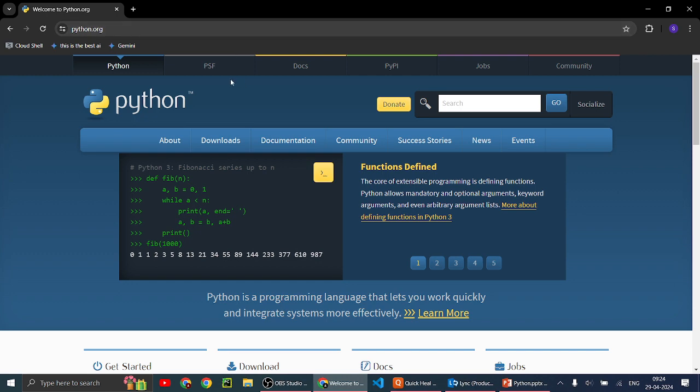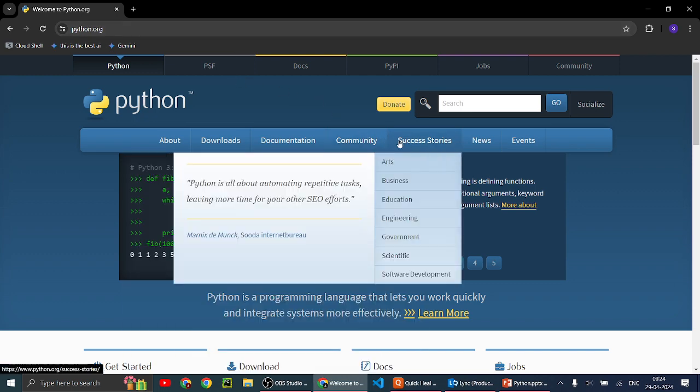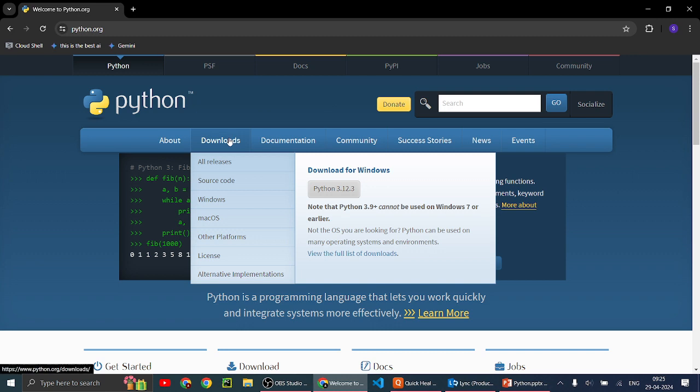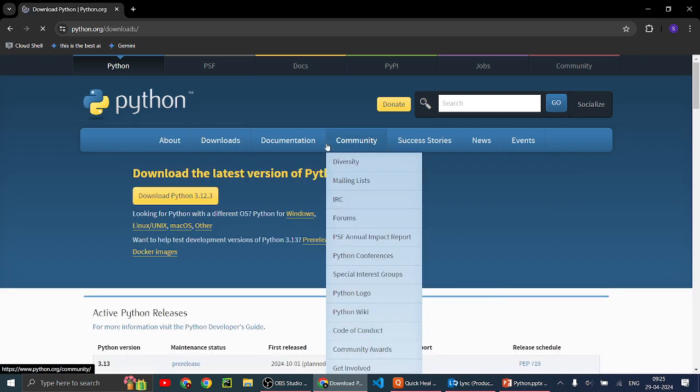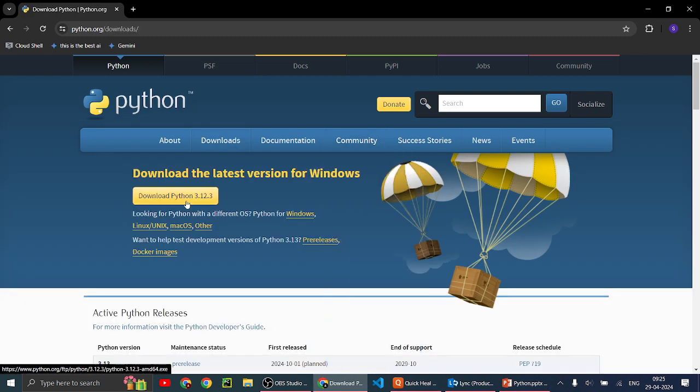Now we have come to this website. Click on downloads and click here to install Python.